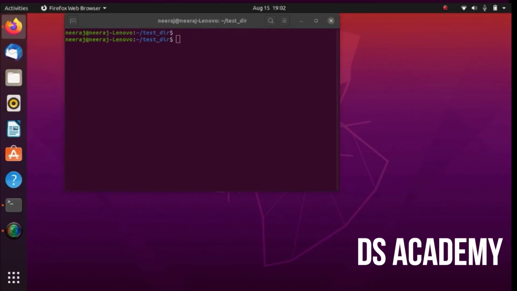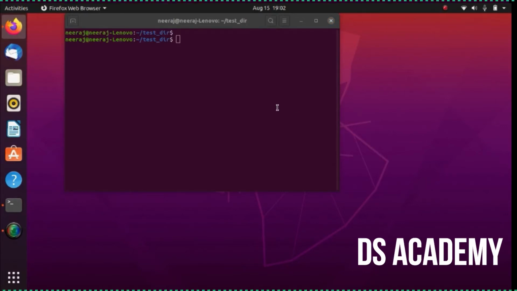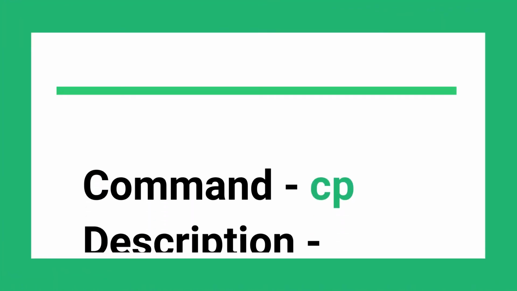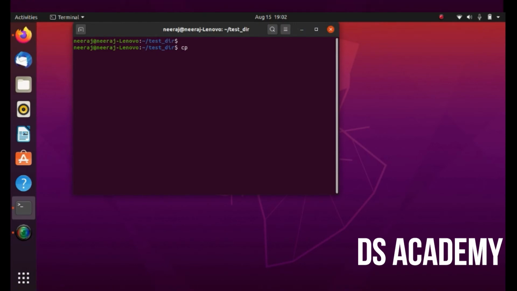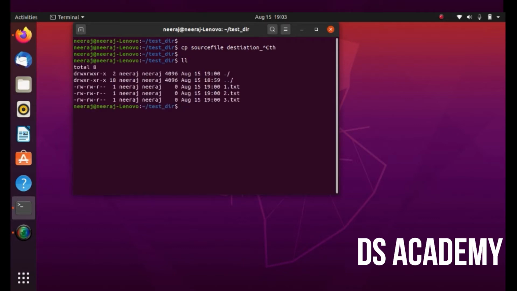Next command is cp command, that is copy. cp source path, source file, and destination path. This is the format for cp. We have to provide a source file which we want to copy and the destination path where we want to copy. So for an example,